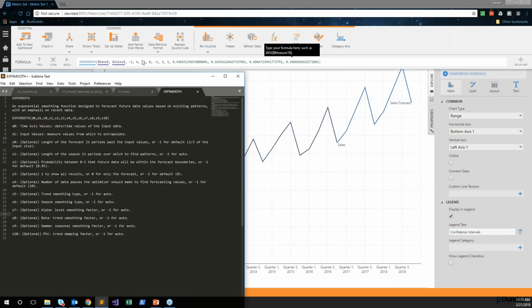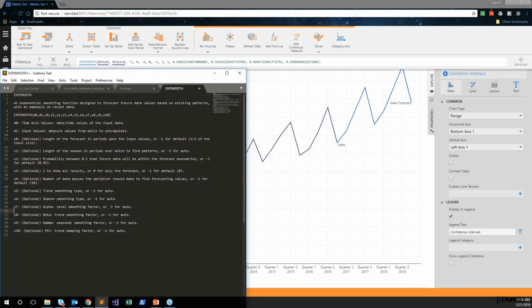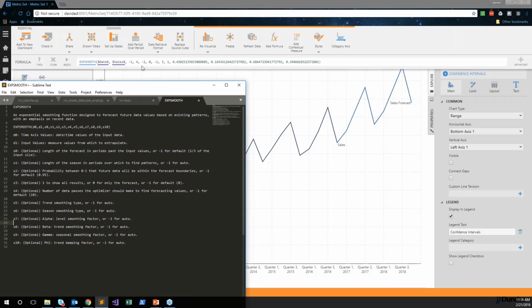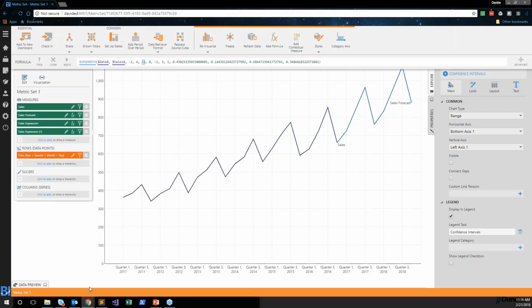And the other cool thing about the forecast analysis tool is that it'll run the automatic optimizer for the function once, and it'll actually take the results and physically put them into the definition of the formula. What that does is it prevents us from having to run the automatic selector subsequent times, and it also allows us to easily see what values the optimizer has chosen for our particular data set. So we see here that it's chosen 4 quarters as our season length, which we had discussed why it's important to have that right. It's got this -1 here for the